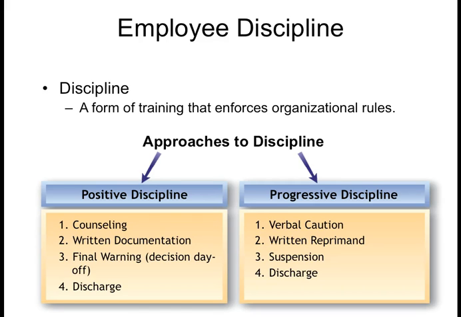The progressive disciplinary policy doesn't always include the counseling. It simply gives verbal cautions, written reprimands, suspensions, and discharges, and you can see the punishment, if you will, or the consequences get more and more stringent as time goes on and it gets progressively harsher. In both of those circumstances, there is some degree of progressive process through how we warn or coach people, ultimately to having to make a discharge decision. But the positive discipline is more focused on how we coach people to improvement before we get rid of them down the line.